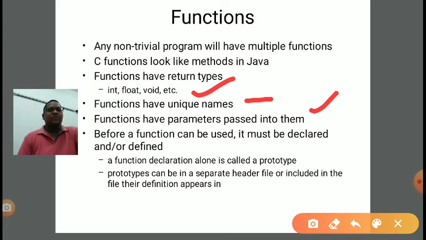Then the function performs some operation on those parameters: some calculation, some logical operation, some looping. Correspondingly the function generates the output and returns it to the calling function. Means from main, if we entered the function, then we bounce back into main with the help of the return type.